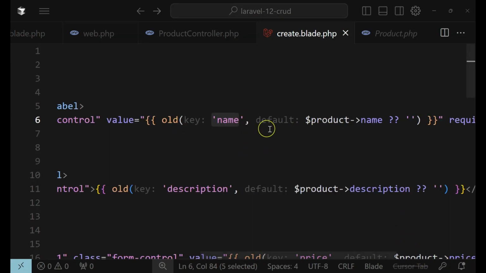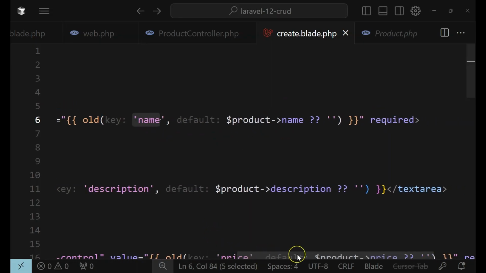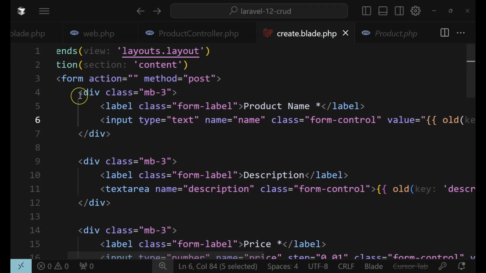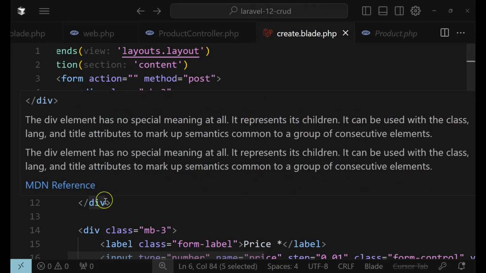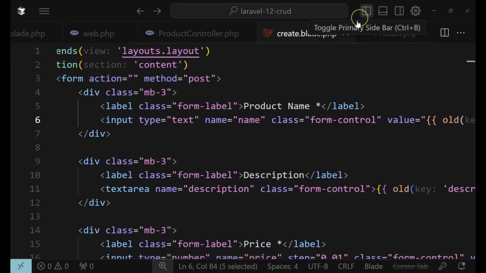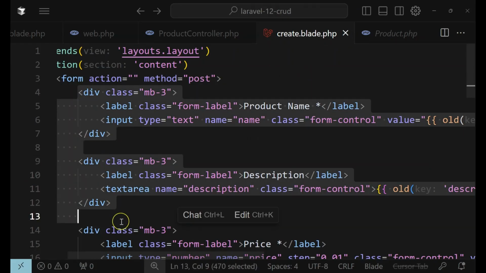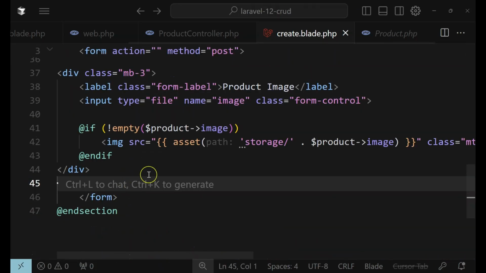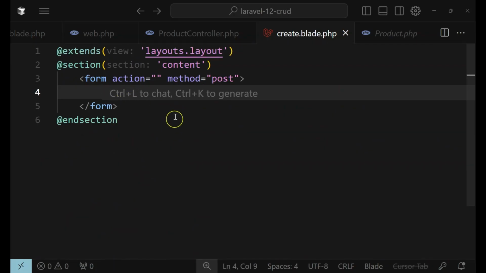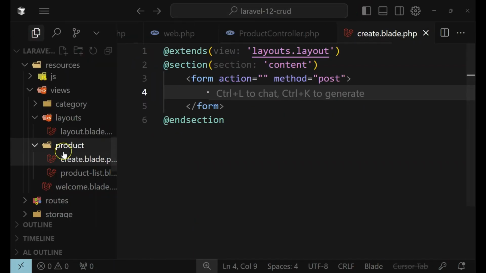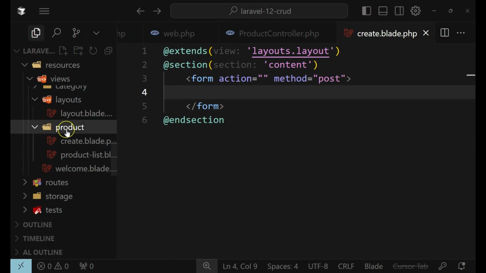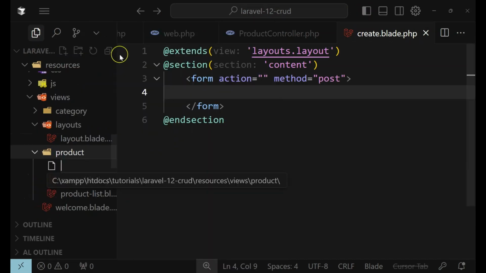And you may ask yourself why I have this value as default. It is because at the end of the day I want to make this form reusable, meaning that we can use it in create and the same way in edit. So to make this form reusable, instead of having these fields here, I'll just remove them from here. Okay, so we'll have something like this, and then I'll show you here on the product directory. I'm going to create another new file which is called